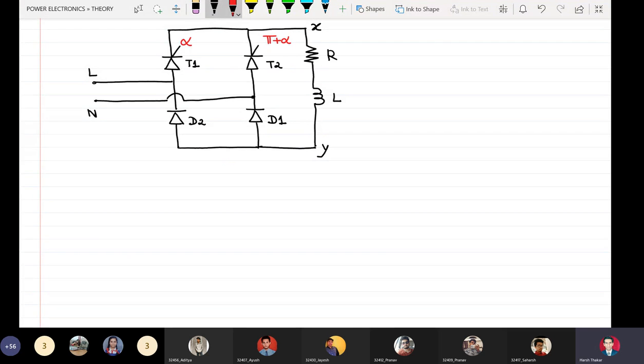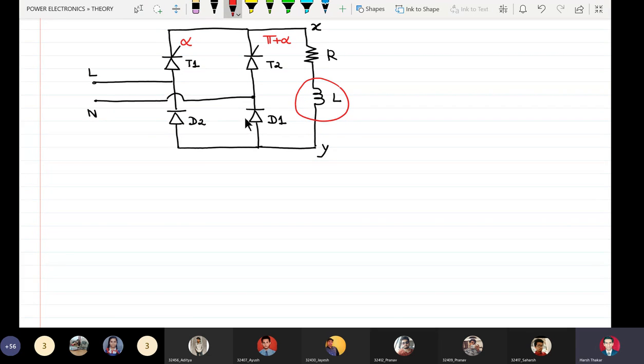But understand students that when we were not having this inductor in the circuit, it was very simple that from 0 to alpha, output voltage is 0. From alpha to pi, it is Vm sin omega t, but positive half cycle. From pi to pi plus alpha, again the load voltage was 0. And from pi plus alpha to 2 pi, again it was Vm sin omega t, that is positive or above the x-axis. So the operation of a single phase half control bridge circuit with resistive load is very simple, but things